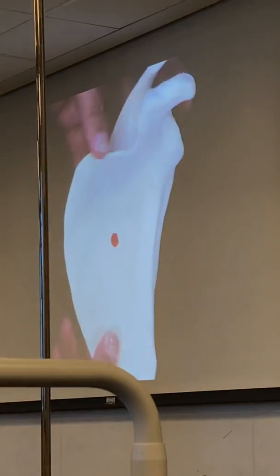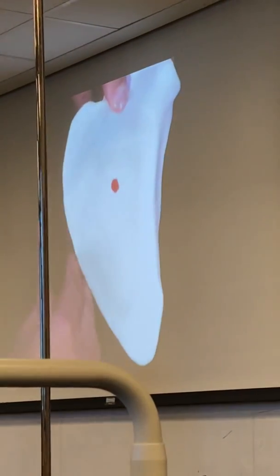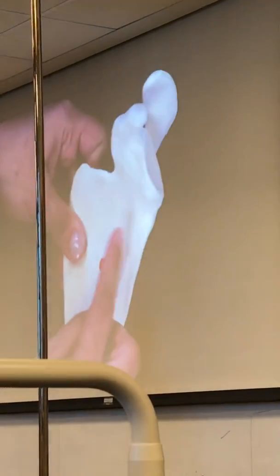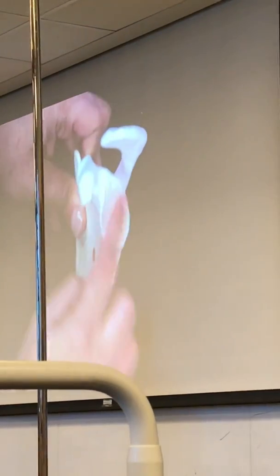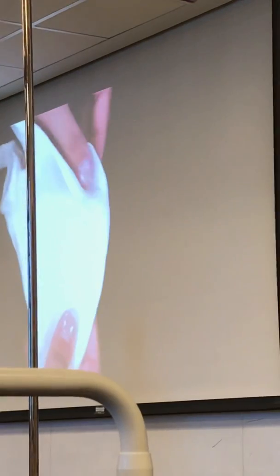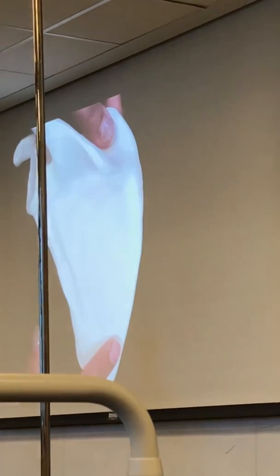Okay, so one more time. Superior border, on this side, which is facing the inside, medial border, lateral border, superior angle right here on the top, so you can see this angle, superior angle, inferior angle, lateral angle. This is the glenoid cavity. If you turn to the back, you can see the spine ending in the acromion, this hook-like process in the front known as the coracoid process, this fossa, subscapular fossa, at the back above the spine is the supraspinous fossa, underneath the spine is infraspinous fossa. Okay, so now let's spend some time. You can look at all the bones